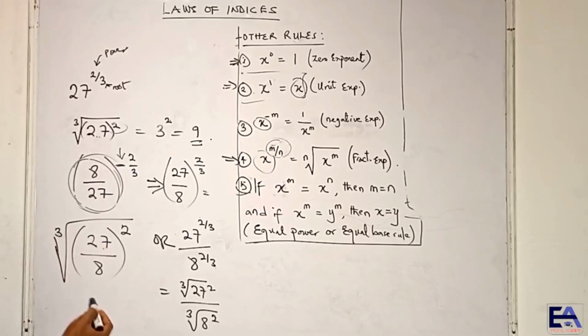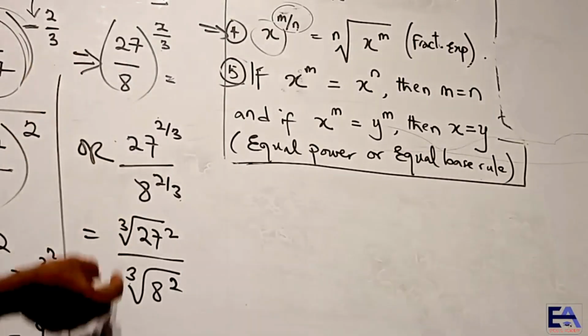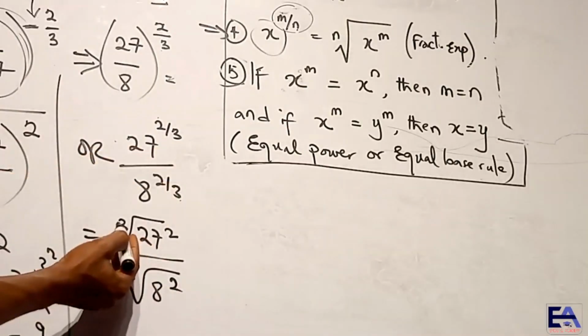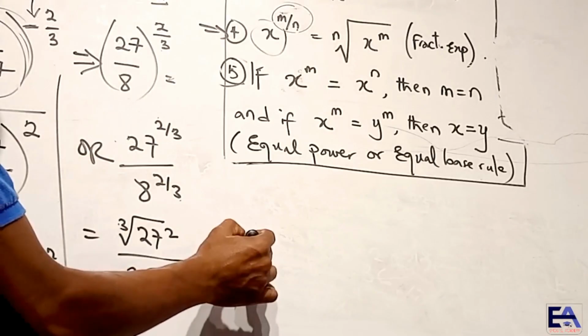And then we have this 3 over 2, then all squared. So you apply the law of indices, it means 3 squared over 2 squared, and then that will give us 9 over 4. Okay? Then if you choose to take this route, the cube root of 27 is 3, then raised power